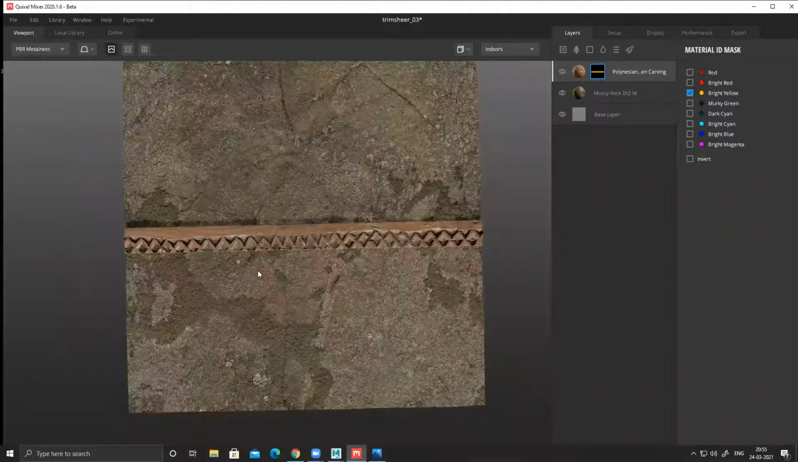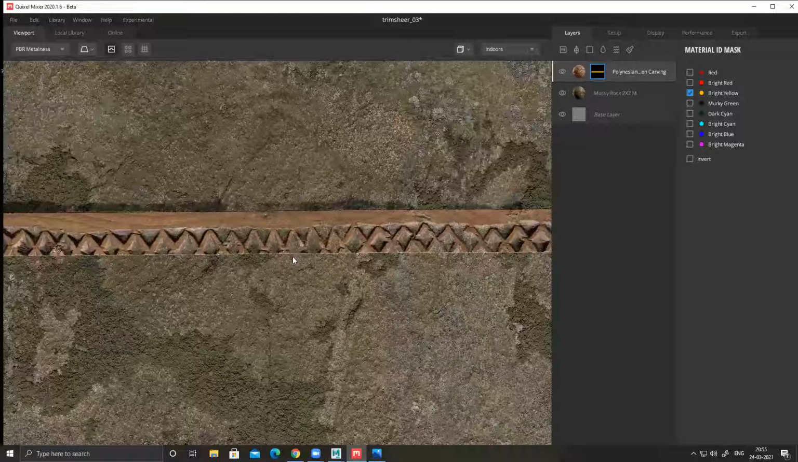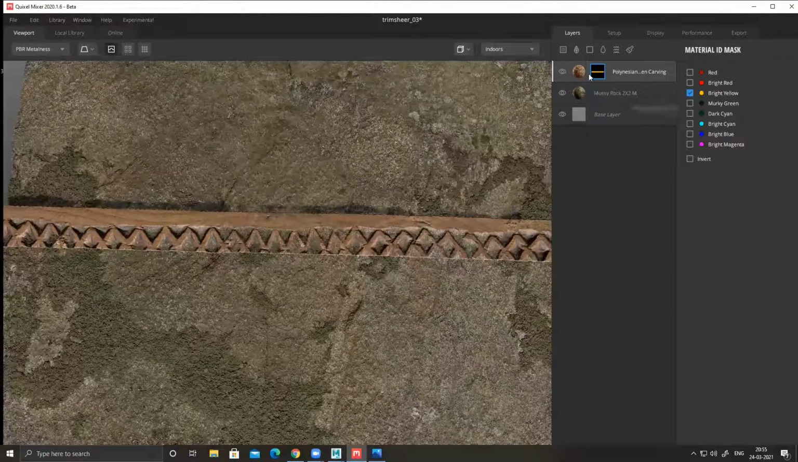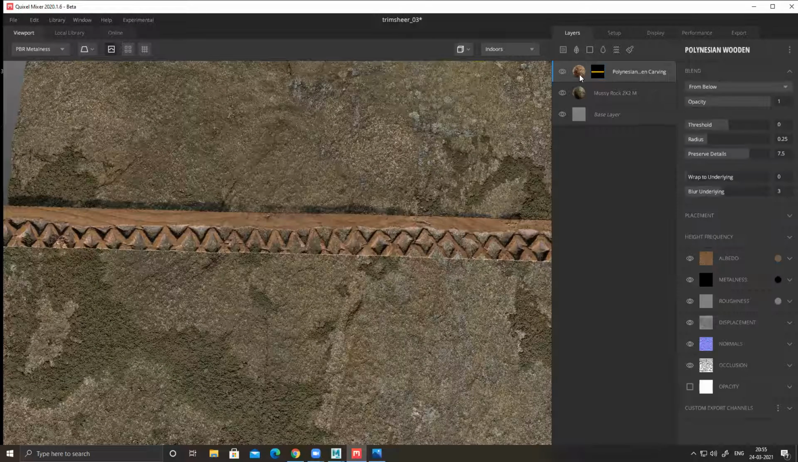Everything else is not visible. But most of my design is cut, and I want the entire design. So what I'll do is again select this. You can see it works exactly like Substance. This is your mask, this is your color. Click on your color one more time, and this time